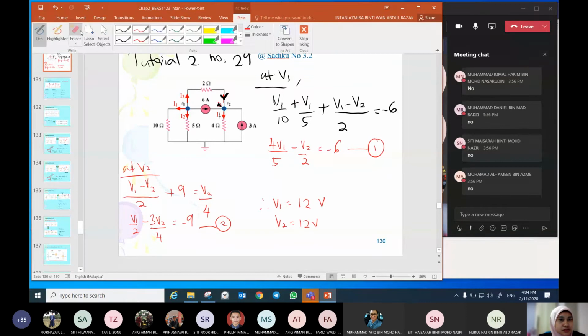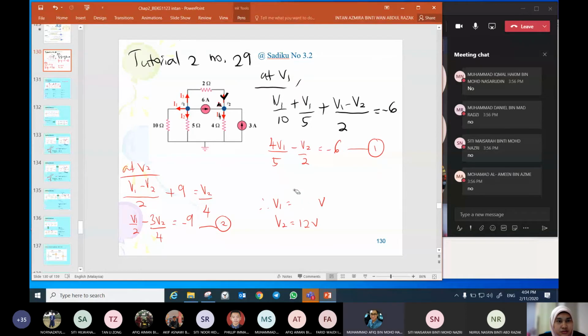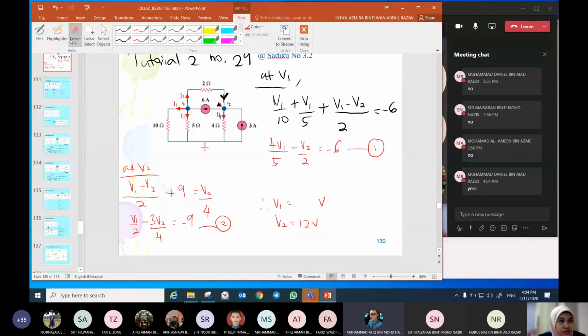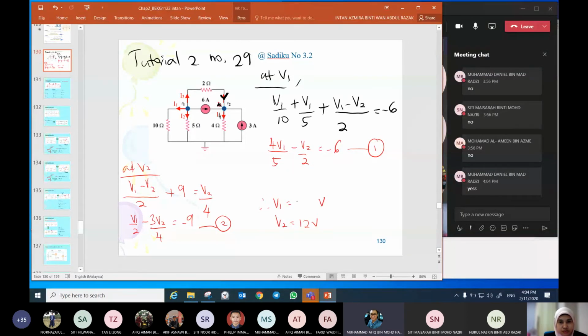Am I right? Sepatutnya macam tu lah jawapan dia. V1 0, V2 12. Okay. So